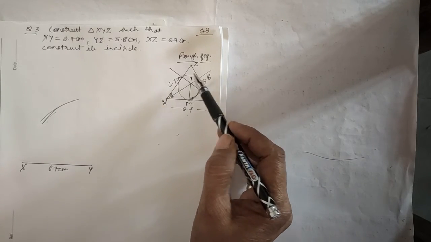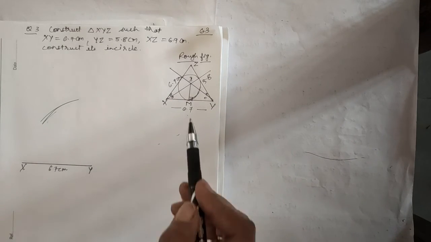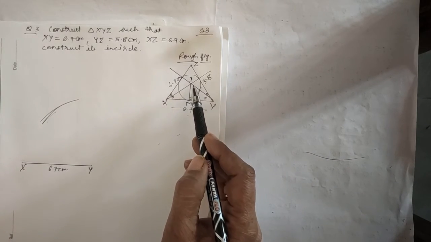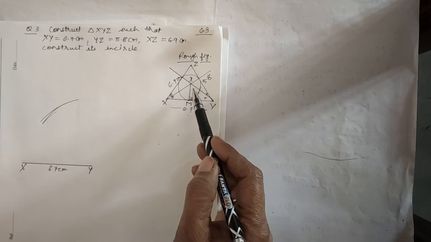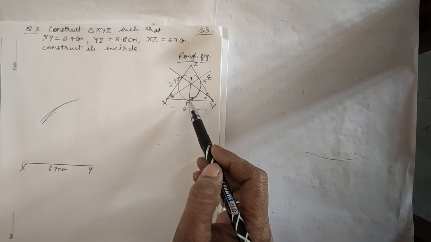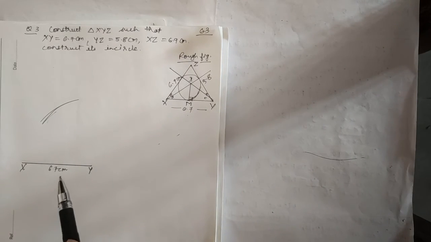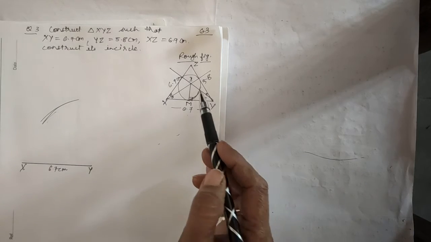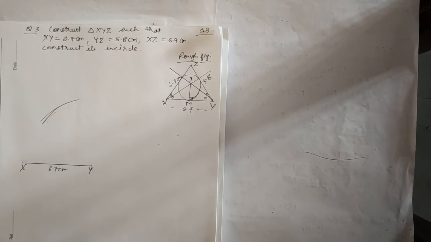Then you have to draw angle bisectors of any two angles of a triangle, and then this is the point of intersection of angle bisector which is denoted by I, and now you have to draw perpendicular IM from point I to the side XY, and then what is the last step? Draw a circle with center I and radius as IM. So let's do the fair construction.